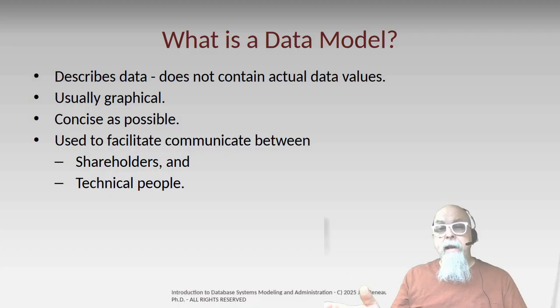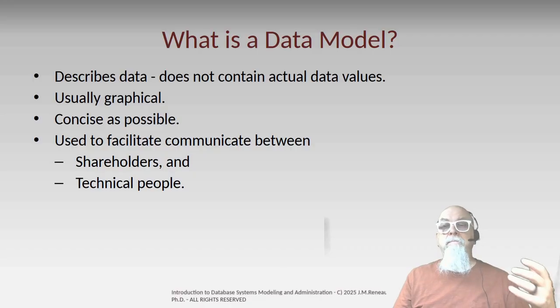So we've defined data and we've defined a model. So let's now define a data model. A data model describes data. It doesn't contain the actual values of data. For instance, if I were modeling people, or if I were modeling actors in a play,